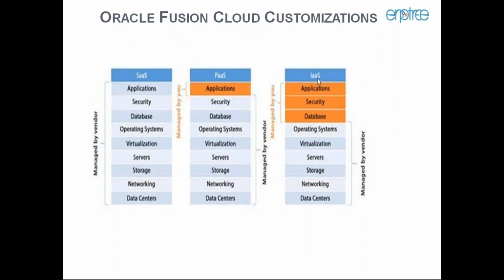Basically, if you can see the screen, Oracle provides three things: SaaS, PaaS, and IaaS. SaaS we call software as a service, and PaaS we call platform as a service, and then IaaS is the